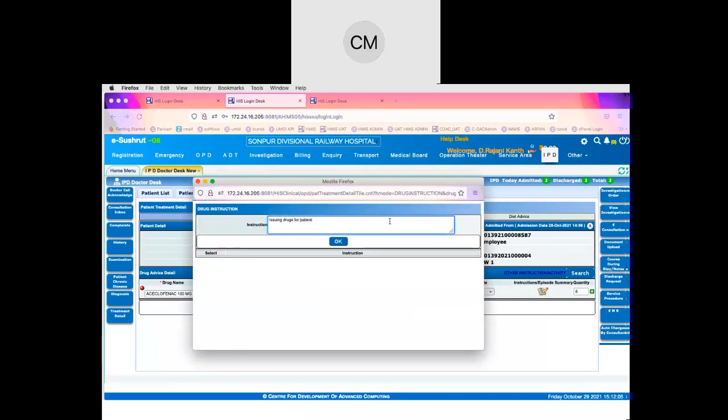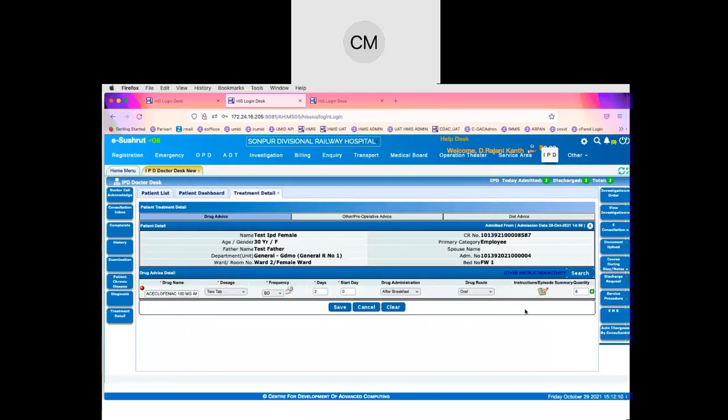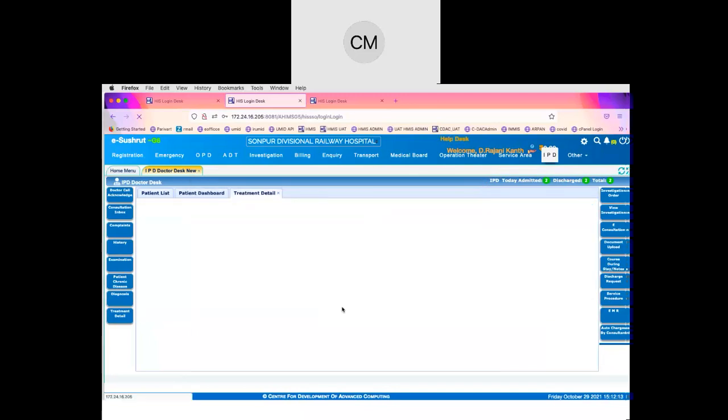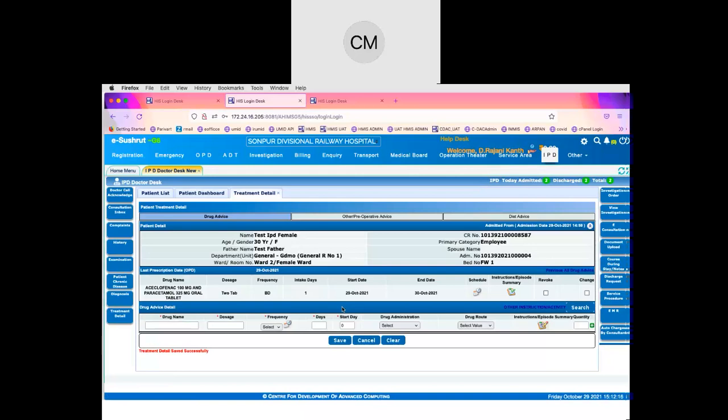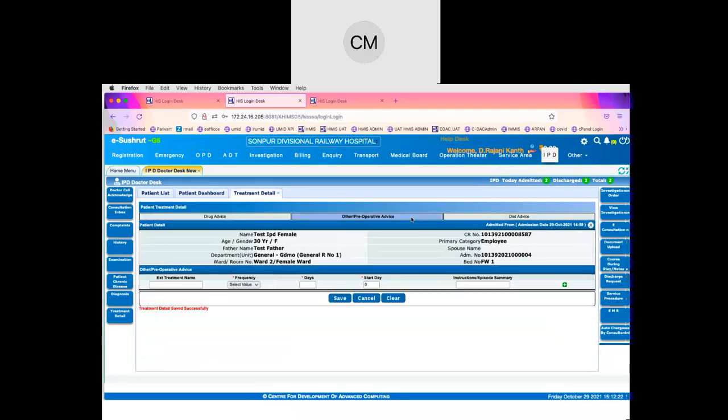So based on the frequency and dosage that are indicated by the doctor, automatically it will show up for the nurse to simply administer as per the schedules defined. So we have just added one drug here, and when we come back to the nursing desk, then we will see how these things are shown there.